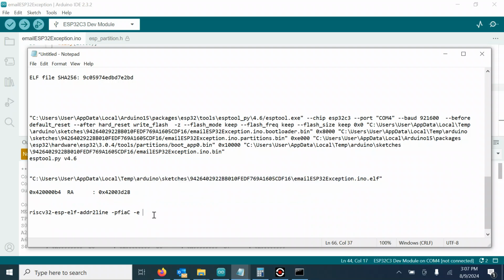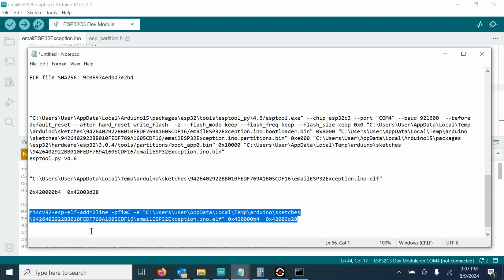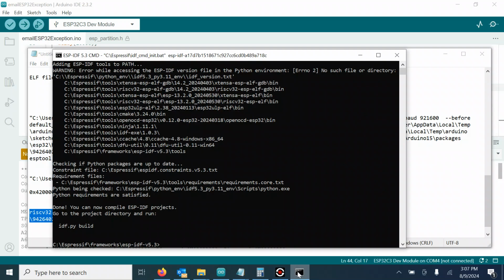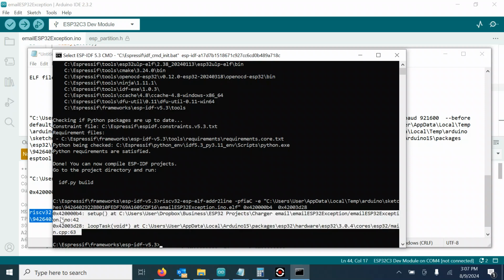And then after that, we want to put our two addresses, but they don't need to be labeled. It's just the order that they're in. Put that there. So now we have our backtrace command. Control C, go to the command prompt, type it in, hit enter, and we get two lines of code out of it,